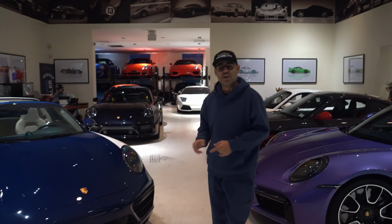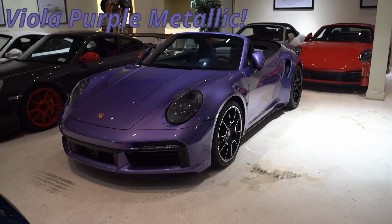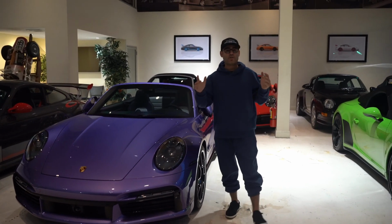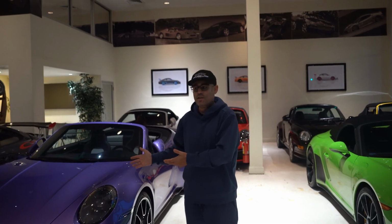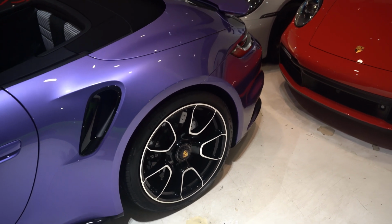Very special car. Now, going back into the purple categories, let's talk about Viola Purple Metallic. This car, again, specs that we find, everyone says, are they the most expensive? Or does Ryan Free Motor Cars have the most expensive cars? Well, the best is the most, duh. Let's be real, this car is probably one of the nicest specs built on a Turbo S 992